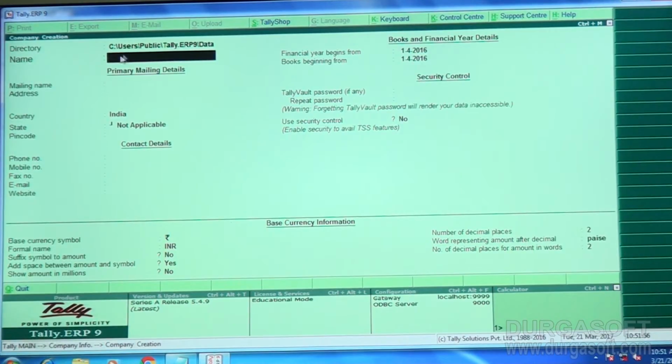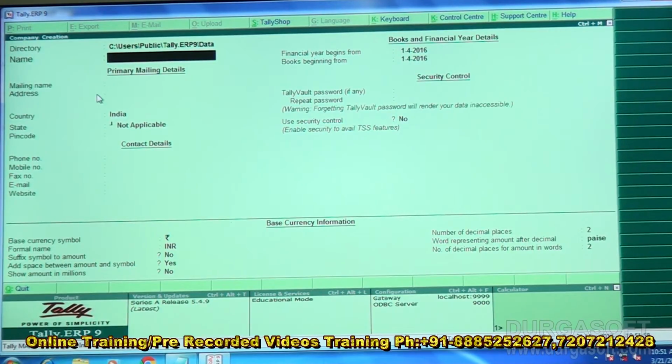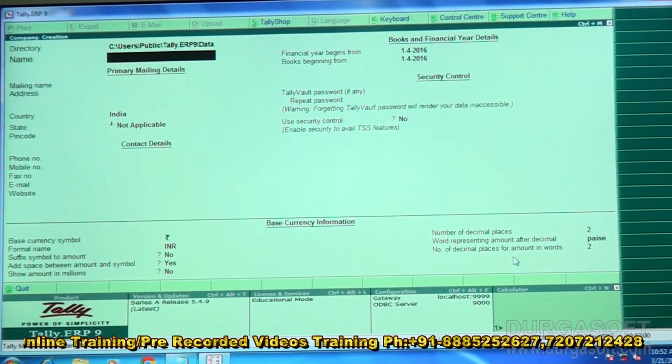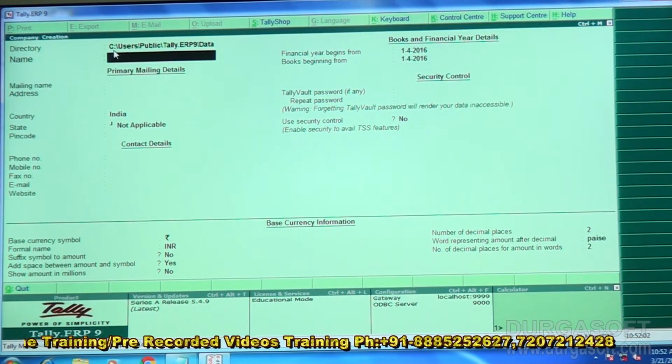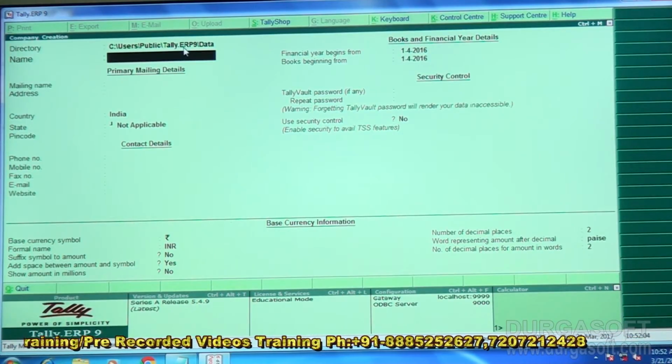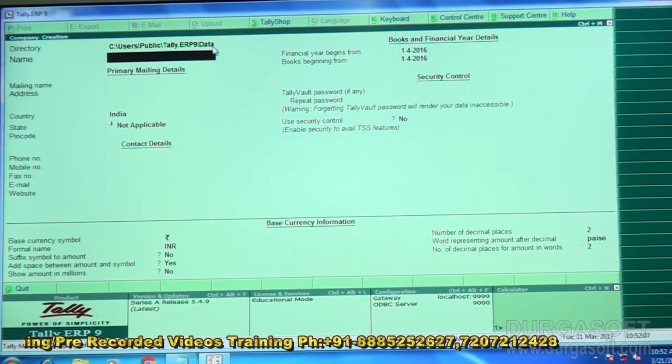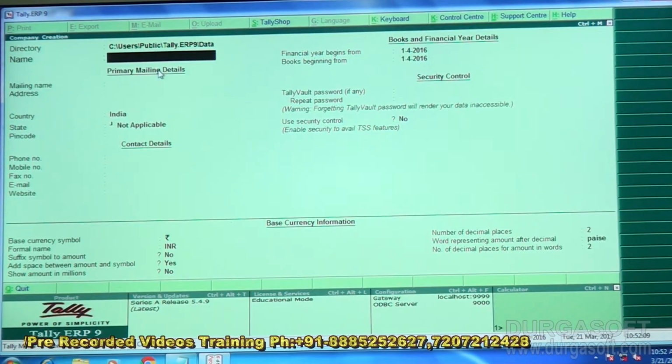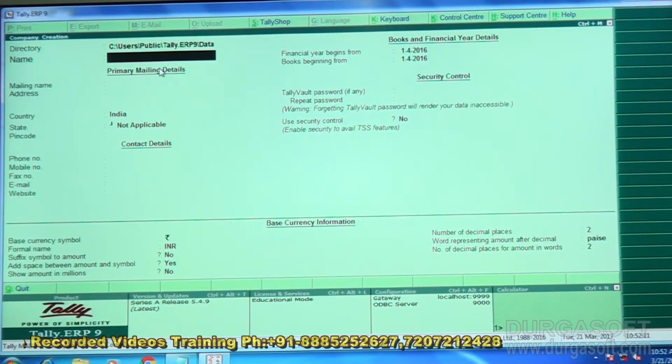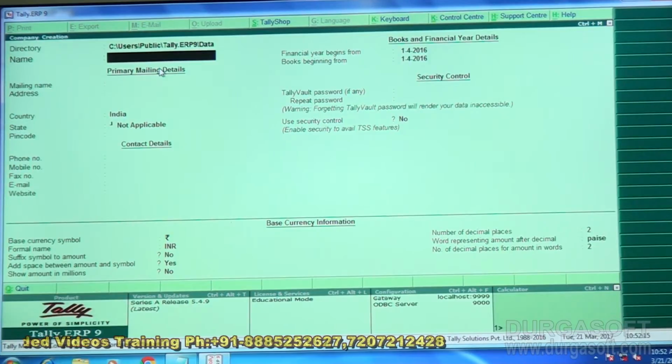Directory is nothing but the location where whatever data you are creating will be stored, under C drive, Users, Public, Tally.ERP9 and a Data folder. And for the name, whichever company you are using, whether Sharma Company or Pandu Company, Prasad Company, you need to enter the name. Okay, I just want to say here Sharma and Company